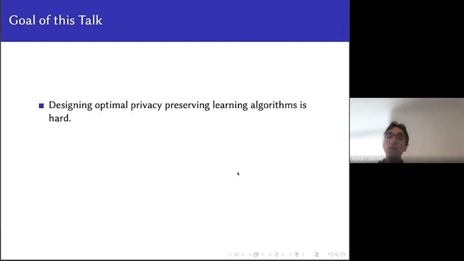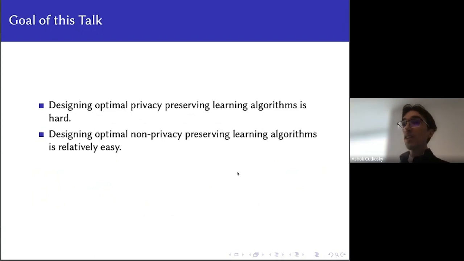Okay, so what does this talk about? That's sort of the background. One observation that, at least in my opinion, seems to be true is that if you want to build an optimal privacy-preserving algorithm, that is one that learns as fast as possible or as efficiently as possible and still maintains privacy, it's a little bit hard to do. You have to think very carefully about how you're building the optimization algorithm, how you're incorporating privacy in order to do this. But in contrast, at this point, designing non-private algorithms is actually kind of easy.